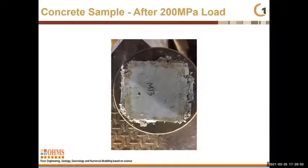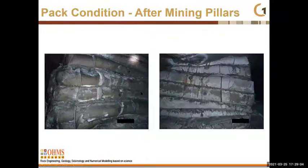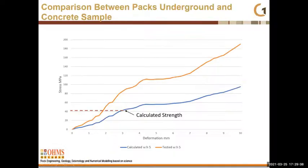If you compare the condition of that sample to the condition of these packs underground, we can say that we are confident that our design is where it's supposed to be on a load deformation graph. This is a tested load deformation curve that we used in the press, and this is the calculated load deformation curve of the concrete pack with the width to height ratio of 5:1, after we applied the size effect and the Hedley pillar strength formula,